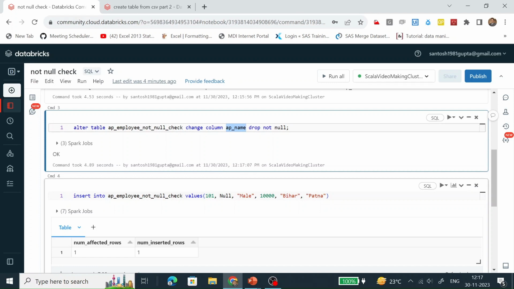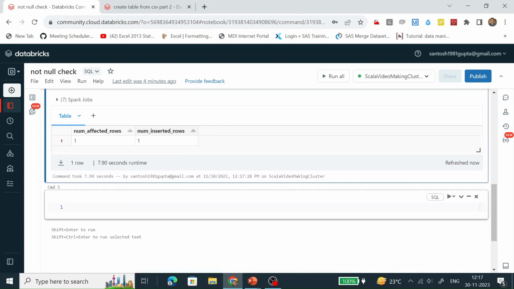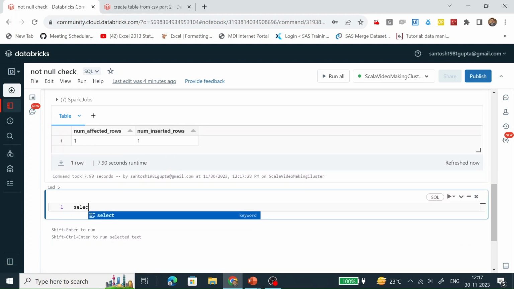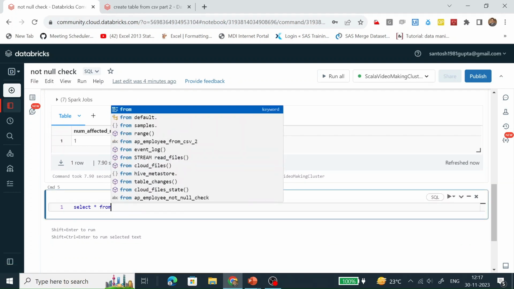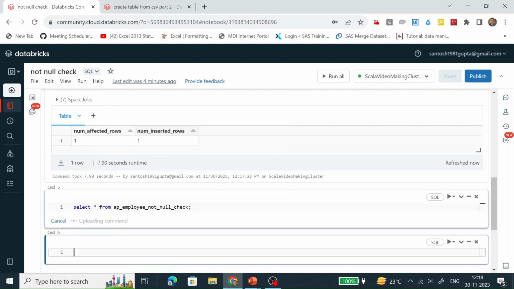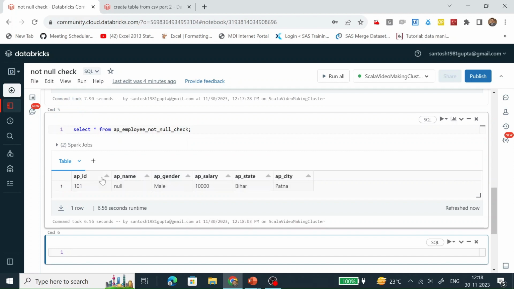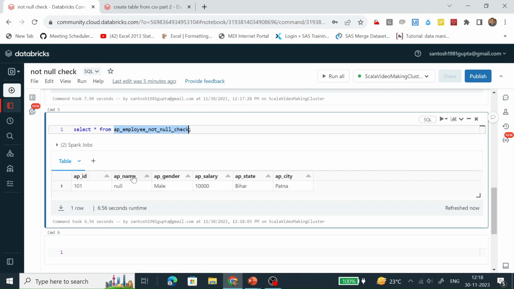That's why it's taking the null value as well. So let's do a select over this table. We can see these are the records present in this table, and in one of the records which we have inserted, AP name is null.